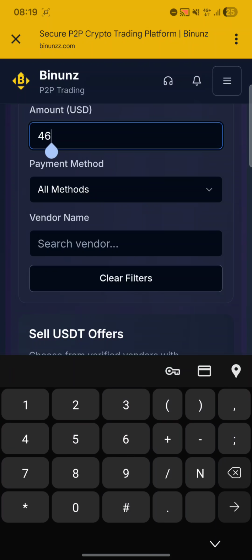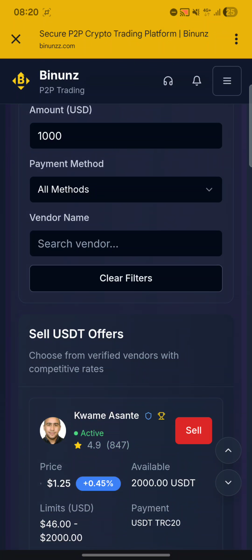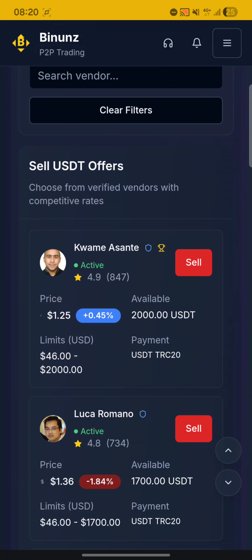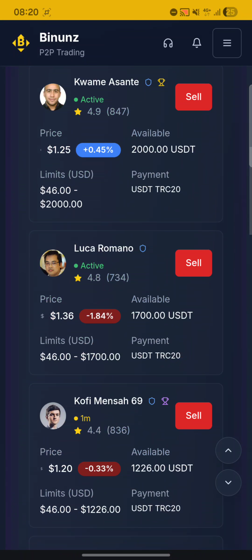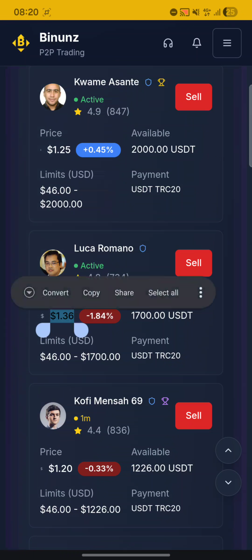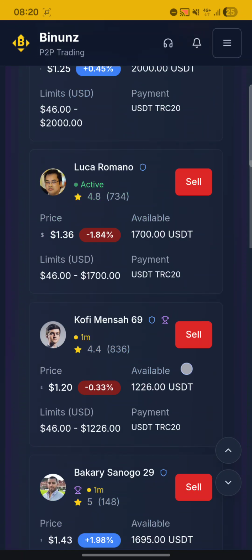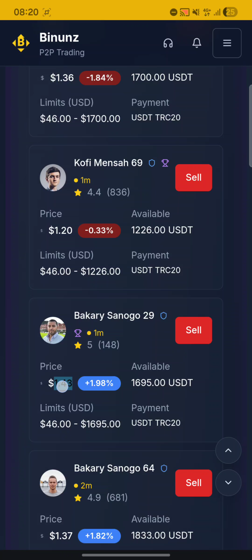Or if you have 1,000, you put 1,000, because I have 1,000. Okay, and then you see I have the vendors who are supporting 1,000. So after you have done that, guys, you need to look for a vendor with the 1.36 and above, okay, or 1.2 and above. The more, like this one, if you sell to this one 1.43, you get $400 in